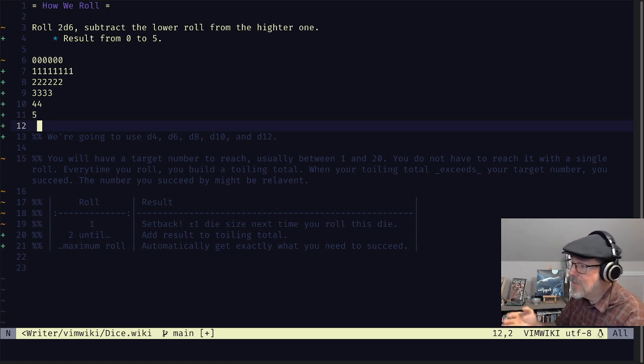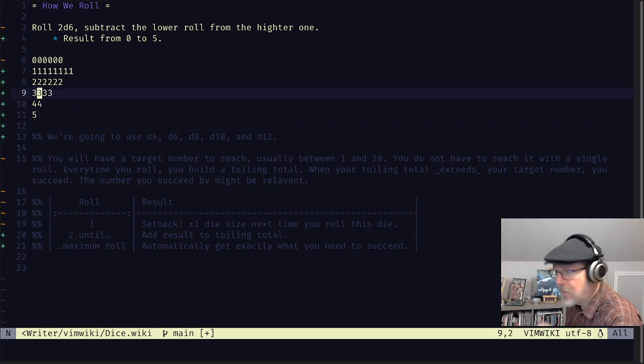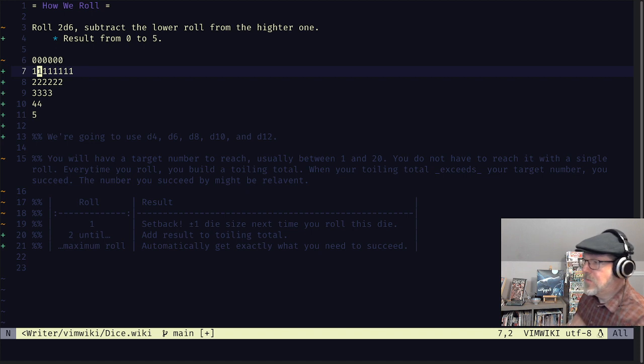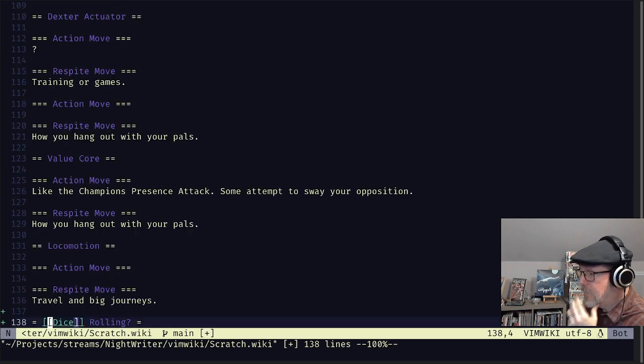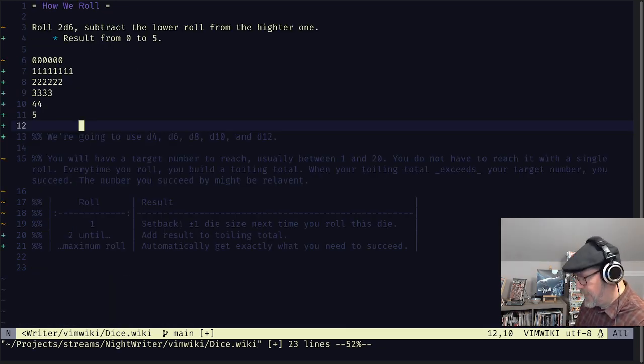And the distance between them, which is this number here, is how successful you are at being that part of you, your adventurer side or your wolf side. Sorry, I disappeared there.